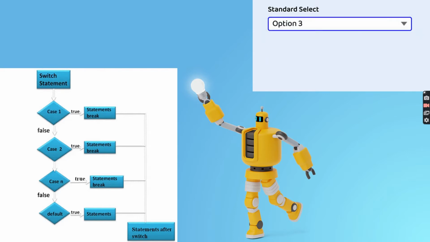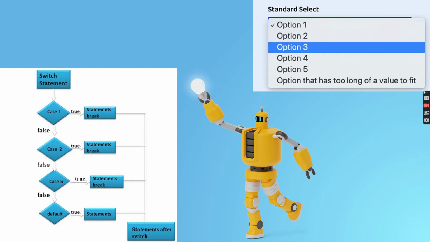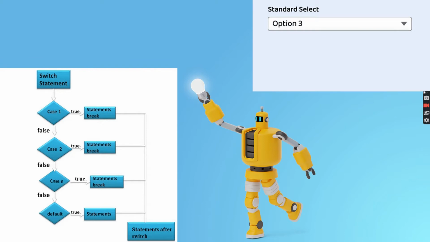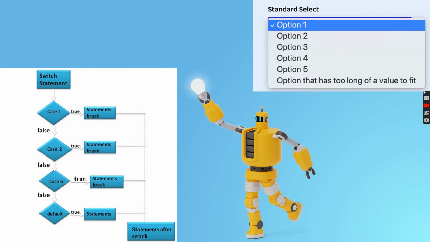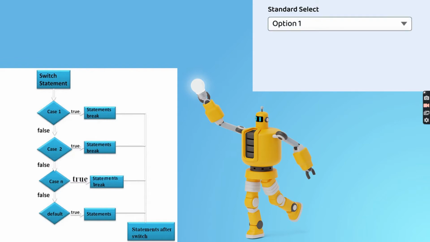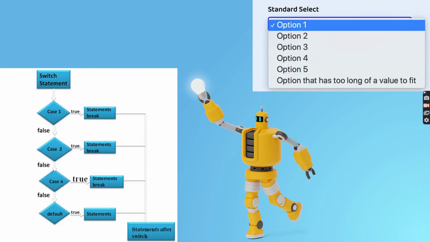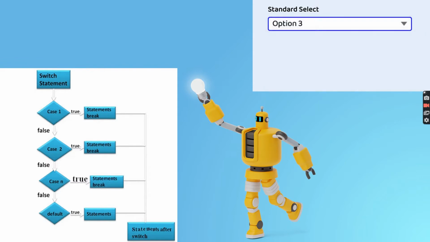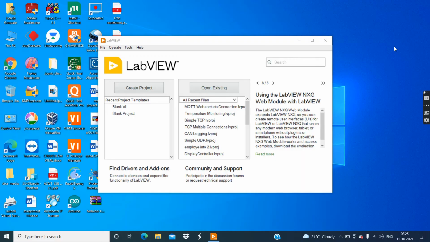Now guys, definitely a question arises here. Why have I explained a switch case statement at the time of explanation of a case structure? Because there is a reason behind that, and the reason is the case structure is similar to the switch statement in text based programming languages. Okay? So guys, come to the point. That's what a case structure is.